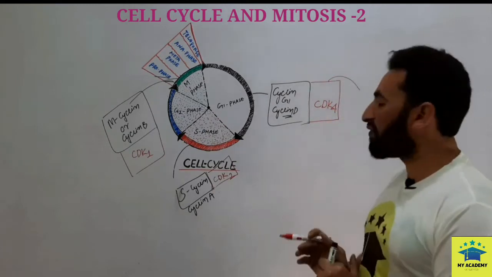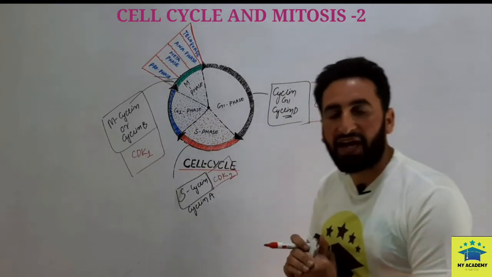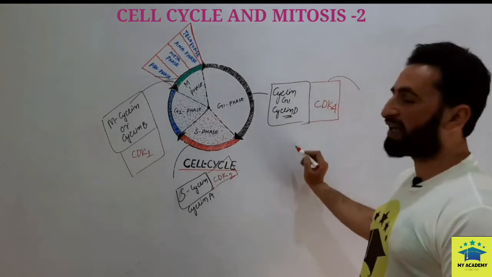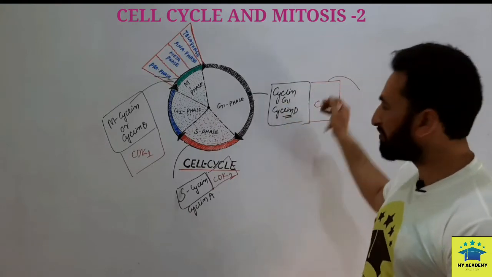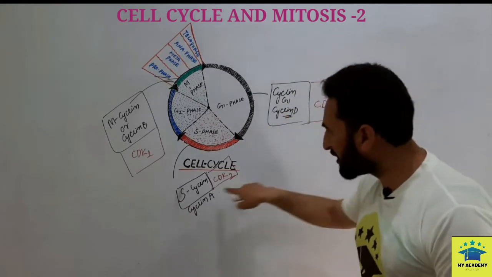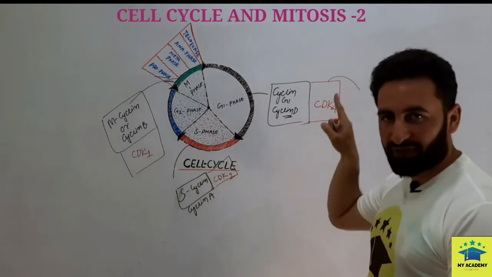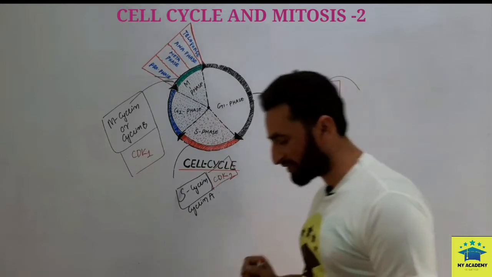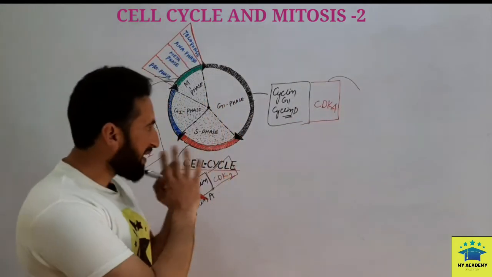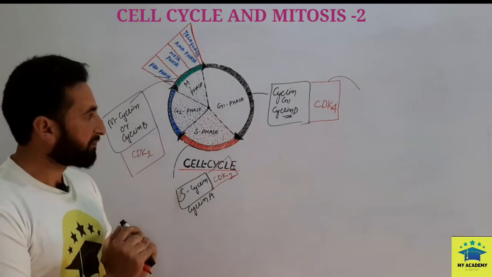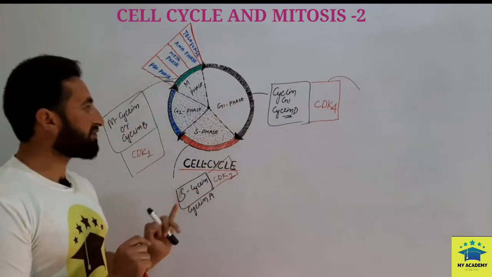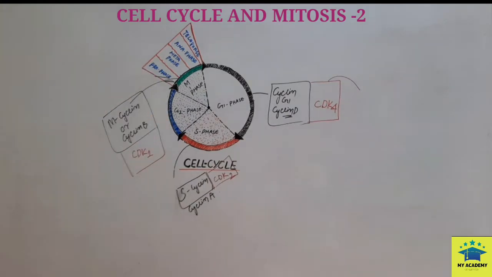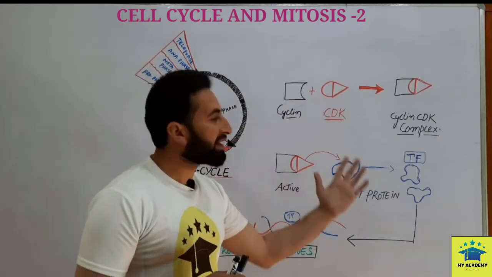This CDK4, or cyclin dependent kinase, has the activity to phosphorylate the target proteins. Basically, these CDKs depend on the cyclins for a particular event, for a particular phase. For each phase we have different cyclins and different cyclin dependent kinases. Now we are going to discuss the mechanism of how these cyclins work, how they drag the cell from one stage to the next in a regulated manner. Let's get started, let's see how this mechanism works.